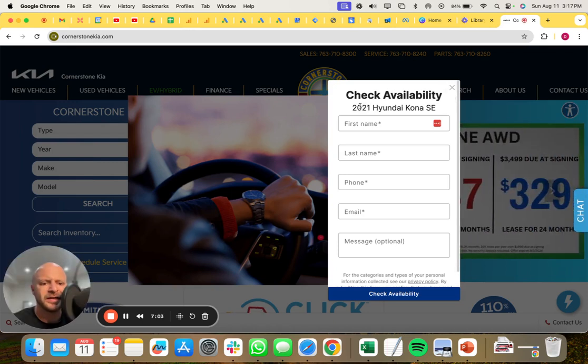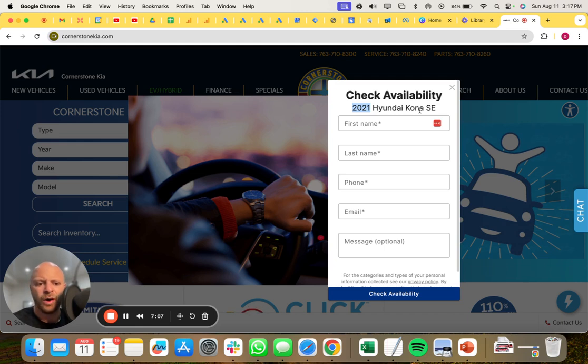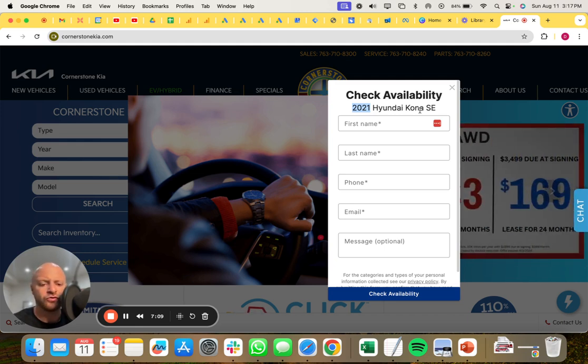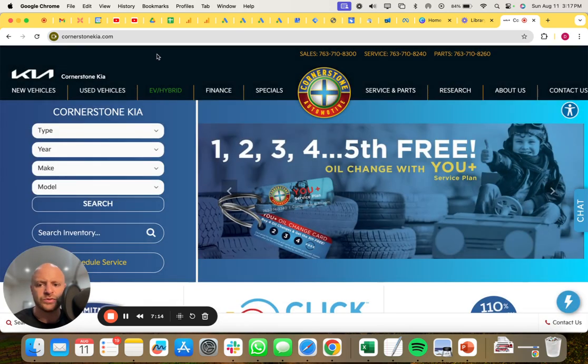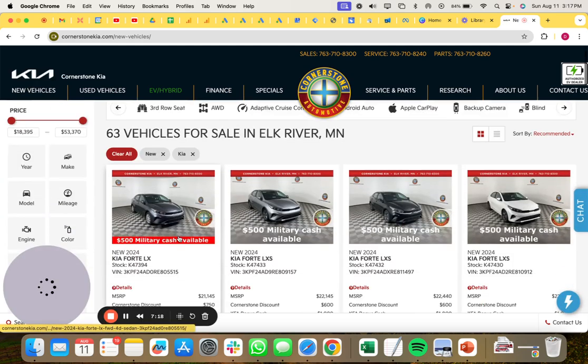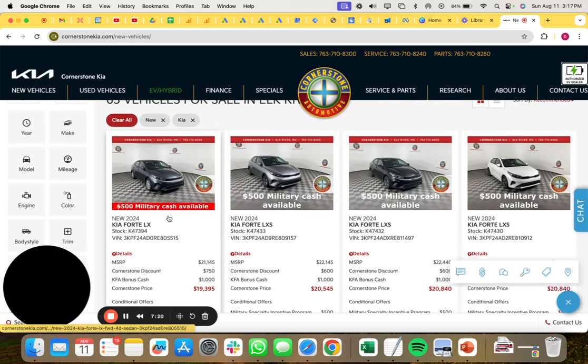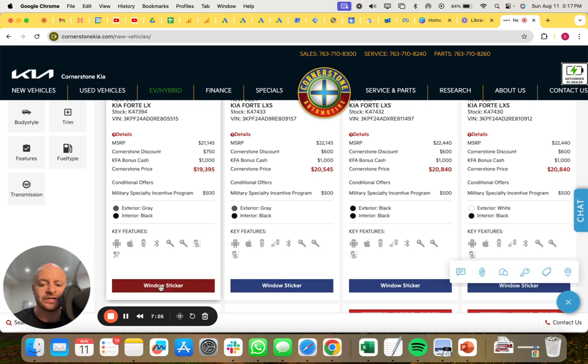Check availability 2021 Hyundai Kona. What? Why am I getting check availability with a 2021 Hyundai Kona? What is happening? Was that a car I picked? I don't even know what's happening. I was on a new vehicle. This is Kia, not Hyundai. Holy cow, there's so much wrong with this site. It's not even funny. What I was trying to get at is window sticker I would not recommend to have